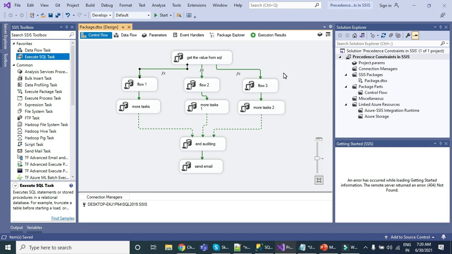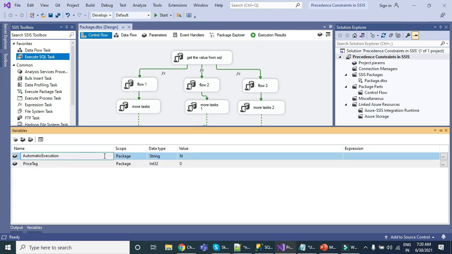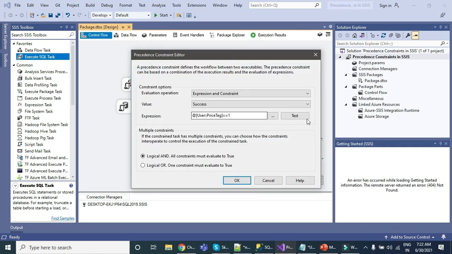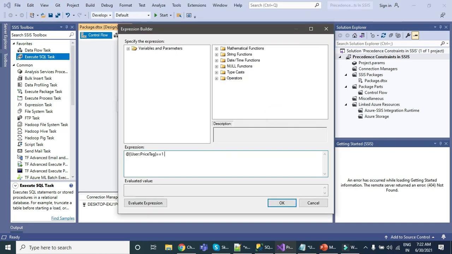Whatever condition is written right now is correct, but we need to write an additional condition that if the automatic execution value is y, only then this particular process should run. So let me just add an additional condition here. If price tag is equal to 1, and now let's put an AND condition, and automatic execution equal to y.